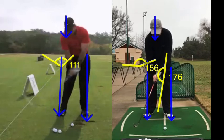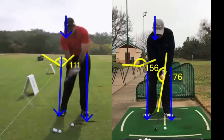Ball position. We need to move your ball position a little bit further back in your stance. Now, let me go into the reasoning why I believe your ball position likes to creep forward. Most players that got that steep shaft, or remember the club shaft was pointing inside ball target line, a lot of players that get that motion play the ball a little bit more forward in their stance